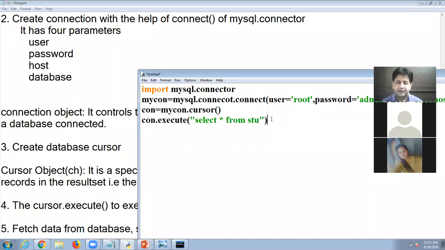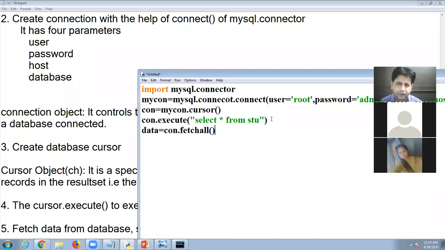After that, I will have to fetch the data. For this, I use a variable data, then con dot fetchall. The fetchall function will retrieve all the records from the table.